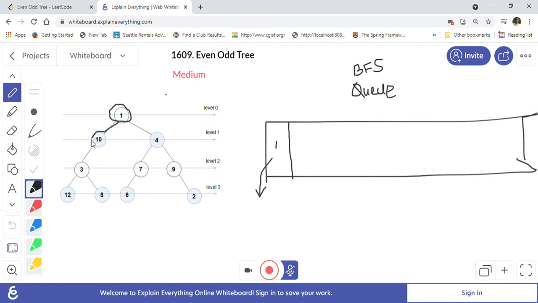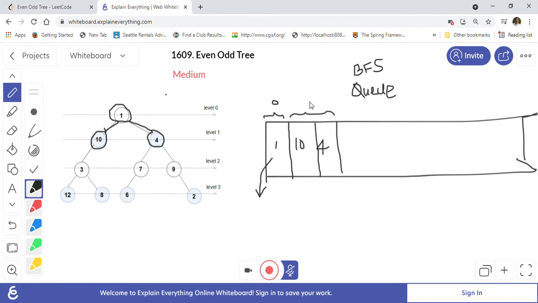First we add the left child, and then we add the right child into our queue. So we add 10 first, and after 10 we add 4, right? When we are adding them into the queue, we make sure that those are even numbers, because now we are processing an odd level. So as long as they are even numbers, we add them to the queue. And then we will start processing the level now. This is level 0, which we have already processed. Now we will start processing level 1, right?